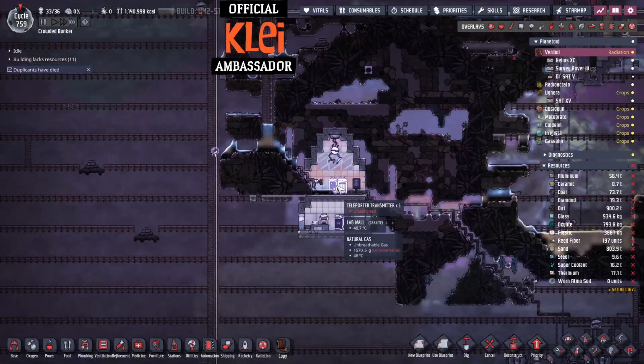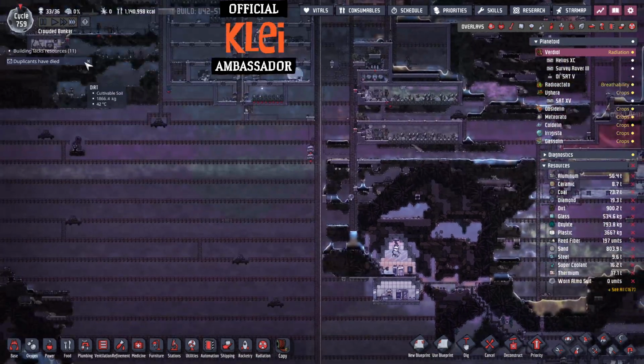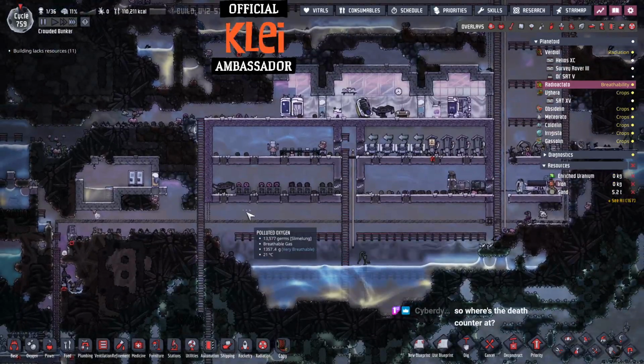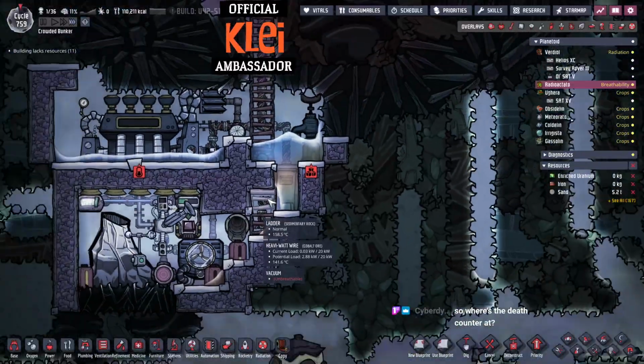Hector, you're going. Right, just trying to fix this mess. Hector. And we will try and give him a gravestone somewhere. Did I have a grave set up? I can't remember. I think I buried someone in the...